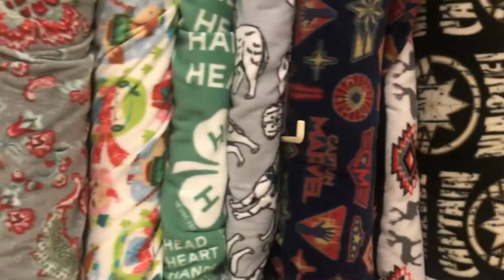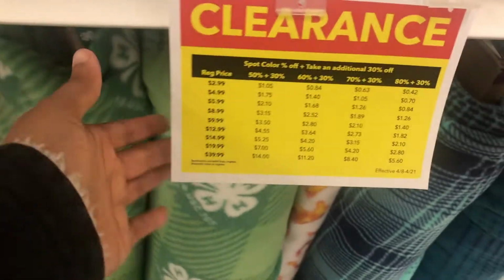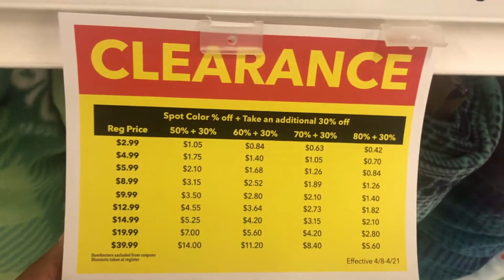I was a little too excited about these baskets. I did a whole 360 and forgot that I left my purse inside of the buggy. Good thing I was the only person inside of the store. Next, I went to the clearance fabric